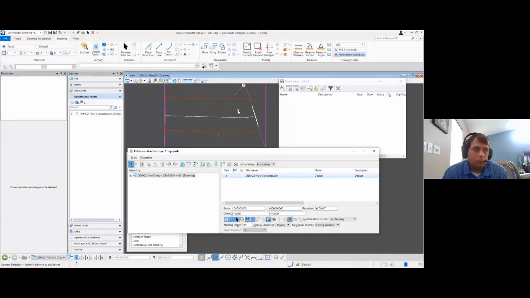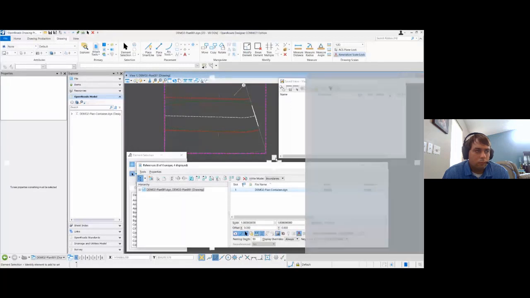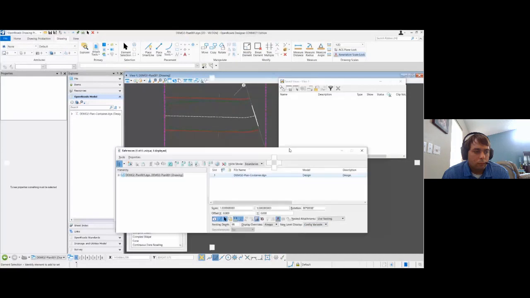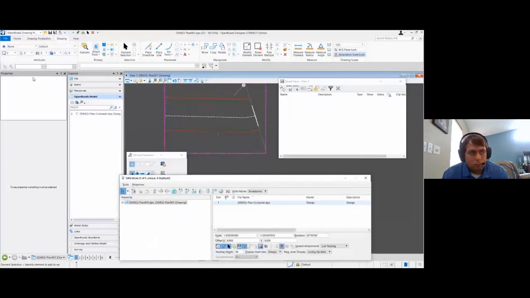Now, I do want to mention, I haven't had time to dive into the reasoning. I'm sure there's a reasoning for it, but I mentioned earlier that our new level display, in the settings right here, is basically set up so that it doesn't automatically show new levels when you add that to your design model or one of those references.